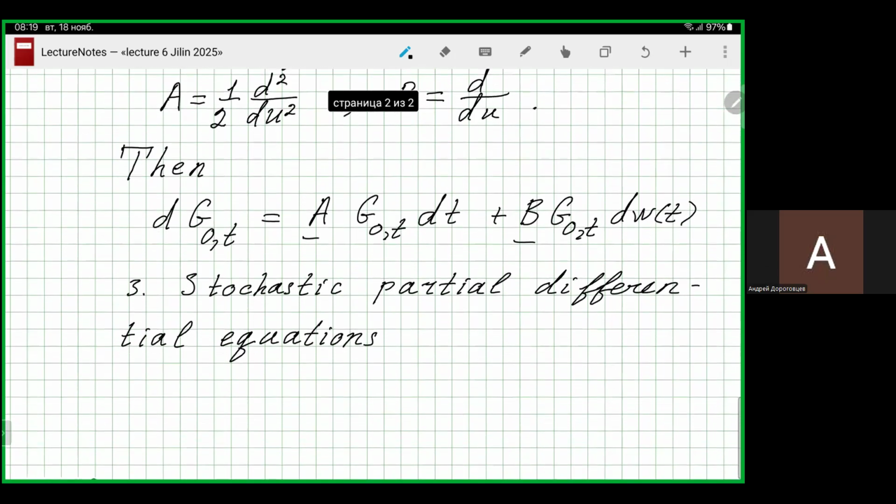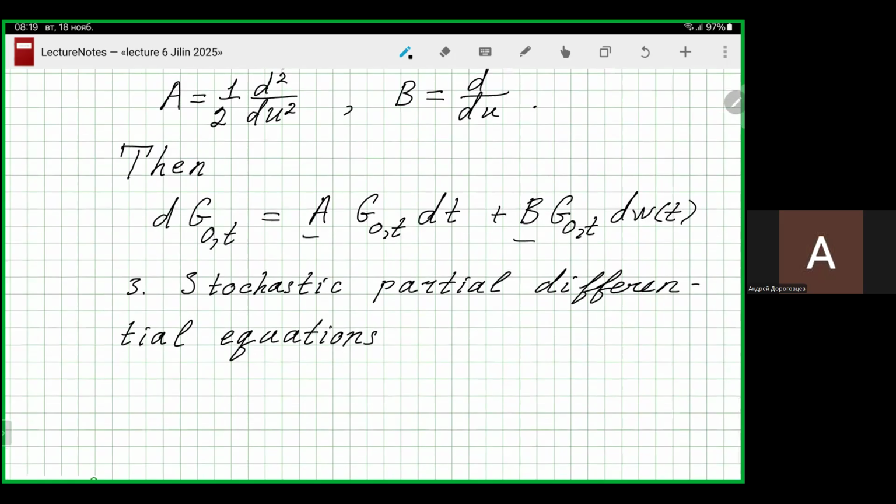Equations. I will explain these things now on a simple example when we consider such operators. Suppose that we have operator A equal to a multiplied by d square over du square,